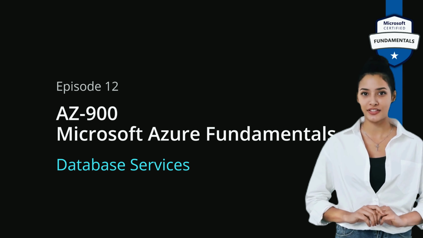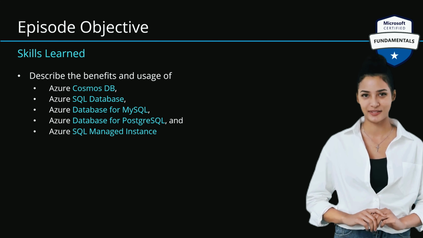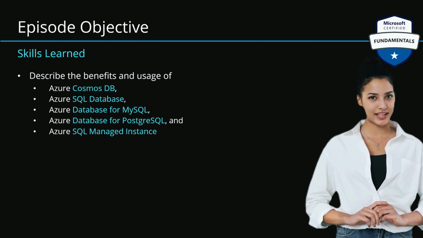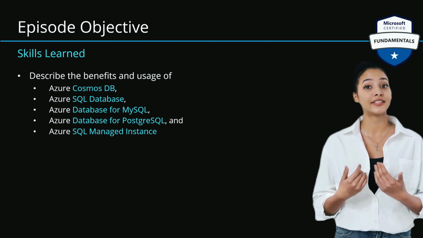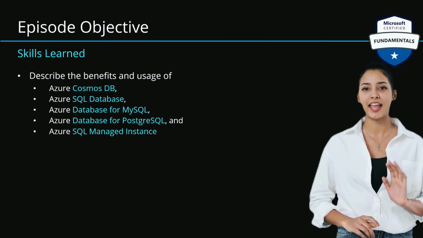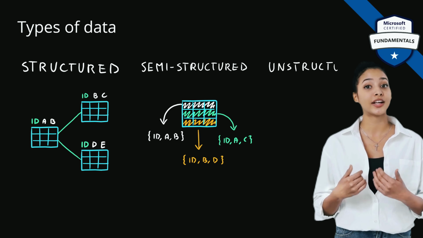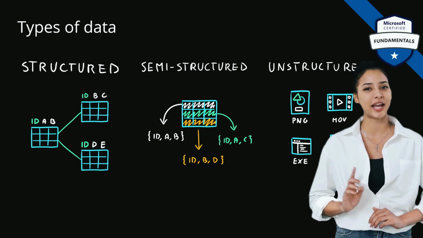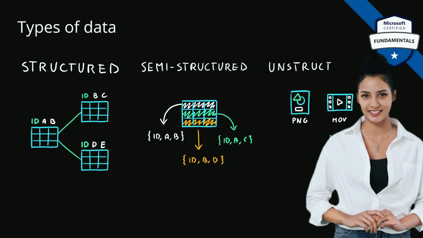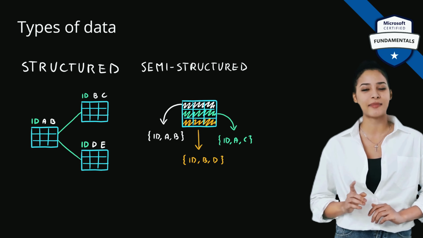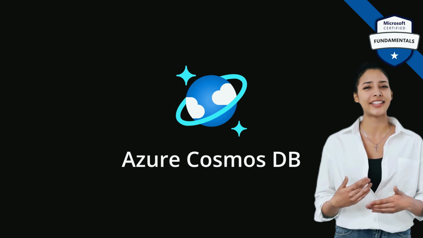The objective for today's episode is database services in Azure. That means we will learn about services like Cosmos DB, SQL Database, for MySQL and PostgreSQL, and lastly SQL Managed Instance. In our last episode, we distinguished three types of data: structured, semi-structured, and unstructured. Today, we will not talk about unstructured anymore. We will focus only on semi-structured and structured data types,